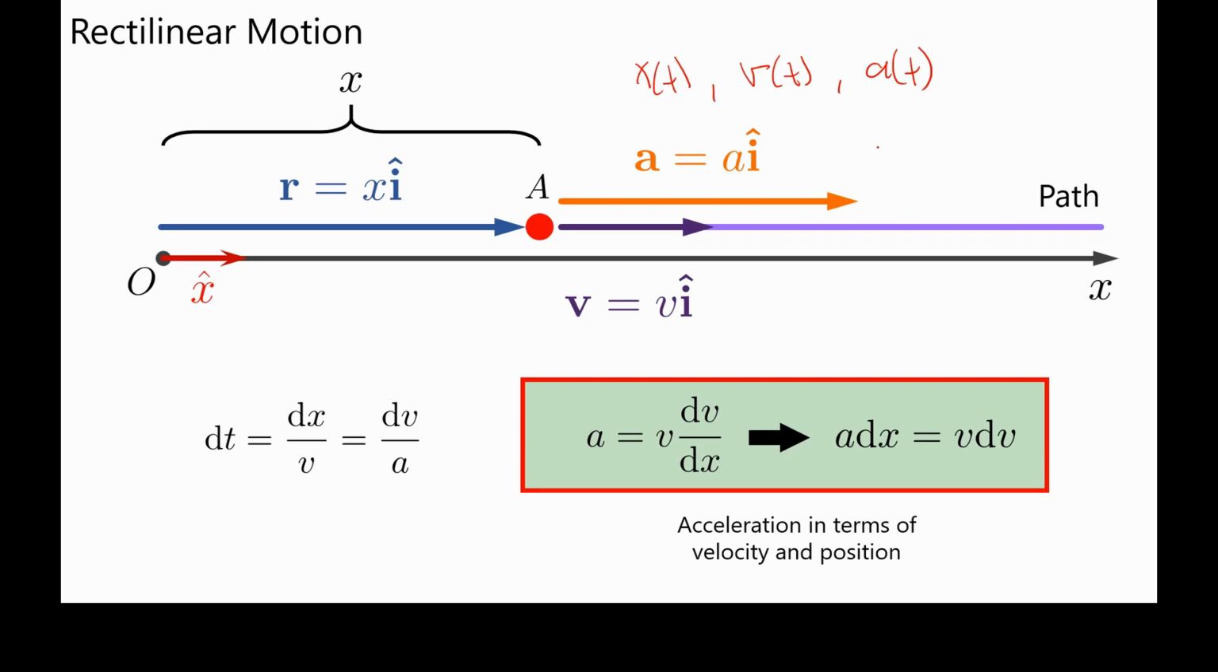But is it possible for us to have a(x) and v(x), where your acceleration is a function of position and your velocity is a function of position? Is it possible? This one will tell us that it is possible that your acceleration is a function of velocity, and your v is a function of position. And if your a is a function of velocity, it can also be possible that your a is a function of position. So how? Remember that our v, your velocity, was defined as